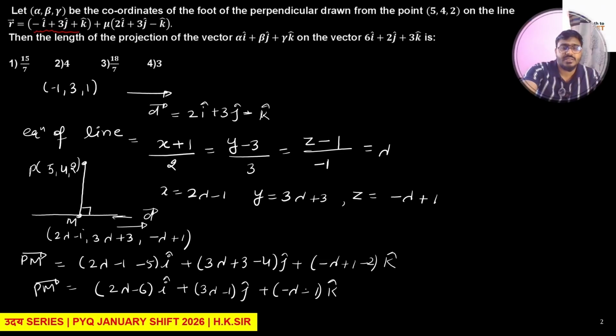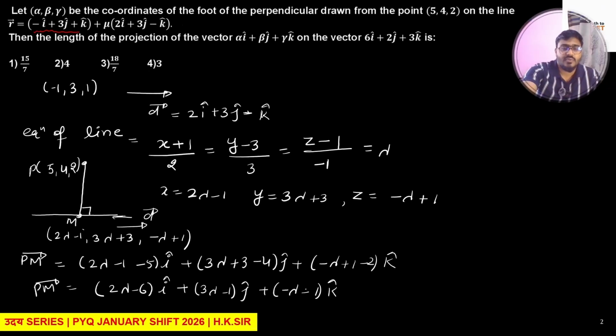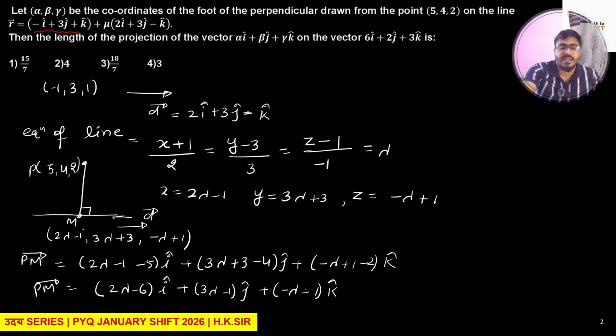D vector is 2, 3 and minus 1. So this into 2 plus, what about the coefficient of j cap, 3 lambda minus 1, into 3 plus what is the coefficient of k cap, minus lambda minus 1,